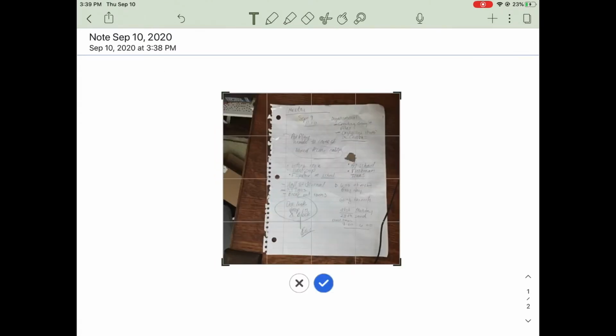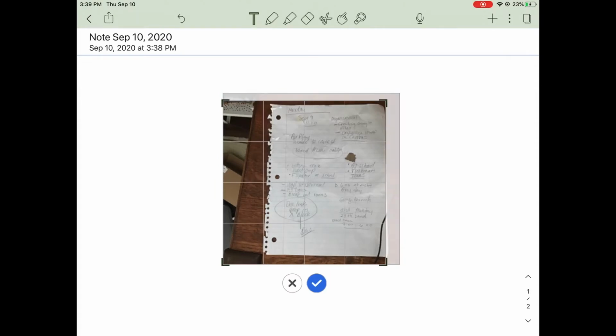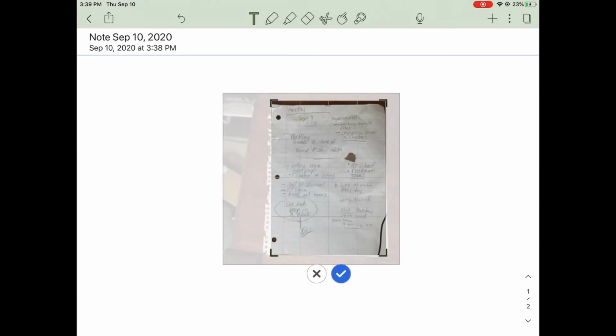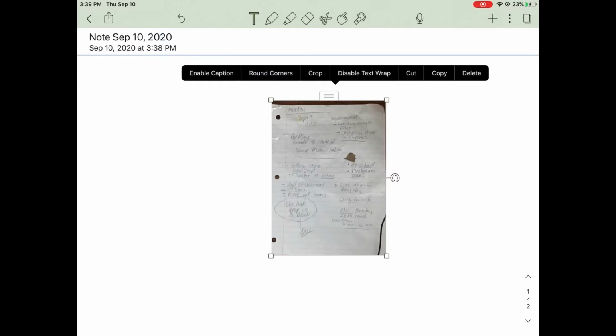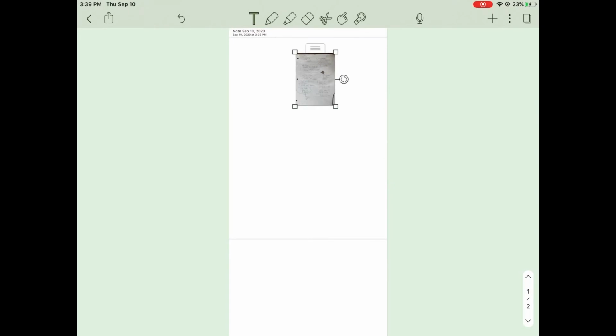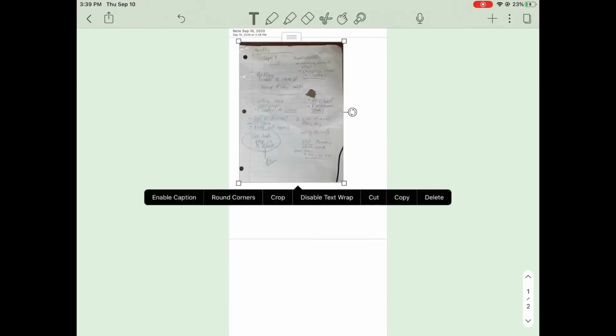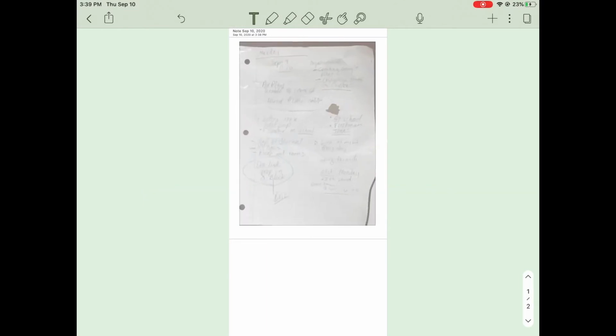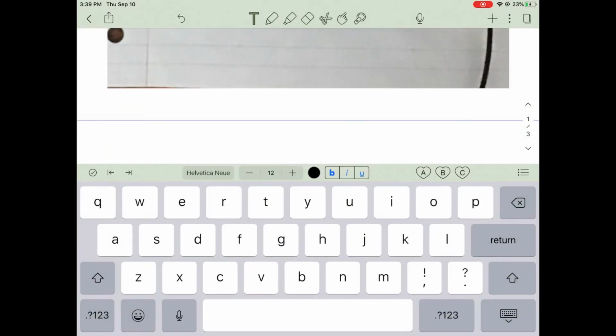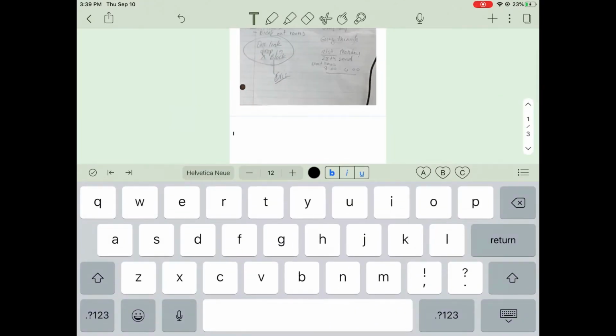Cropping it allows me to get rid of all that excess outside of the page itself and part of the desk. Once I'm done, I can click off of that and then begin to expand this. I want it to get bigger because this is frankly really tiny in the scope of the picture. If I'm going to turn this into a teacher, they do not want something that is 2 inches big. So I'm going to expand it to be about the size of the page and then go to the second